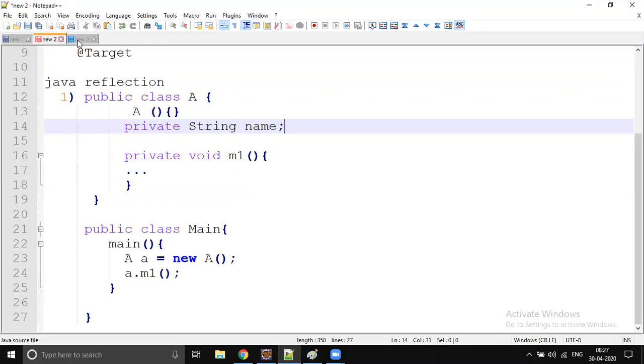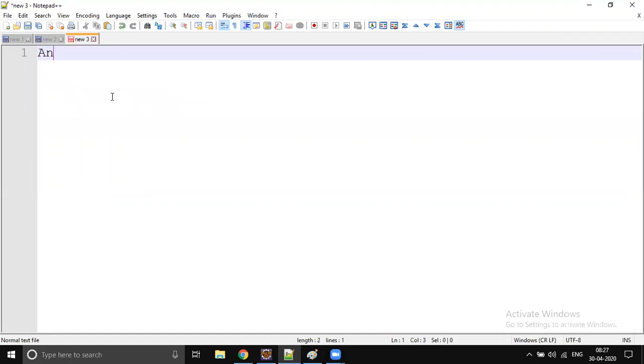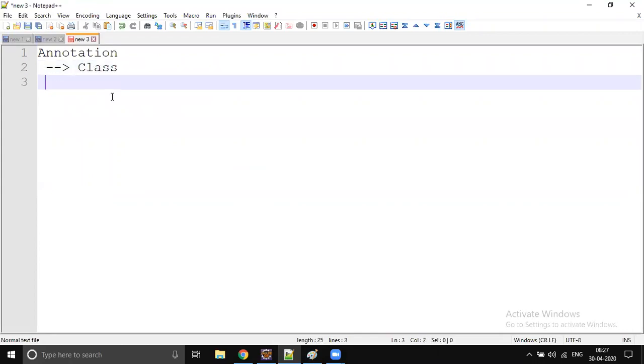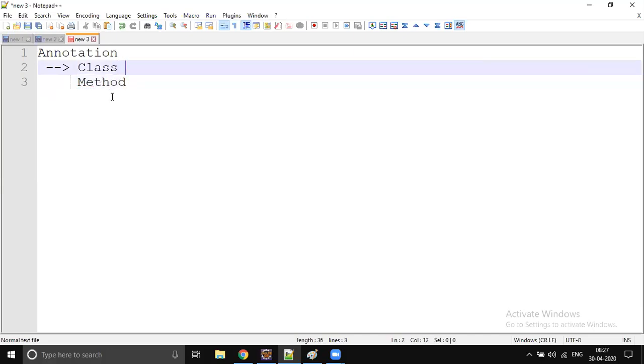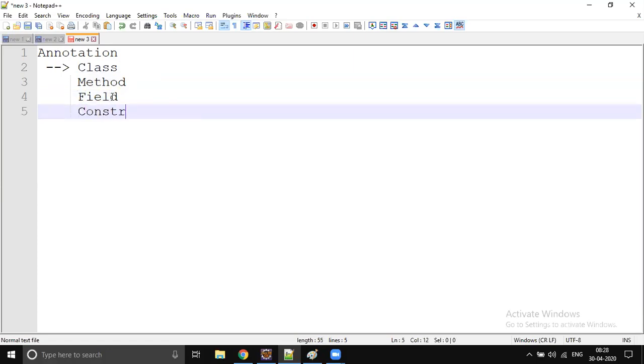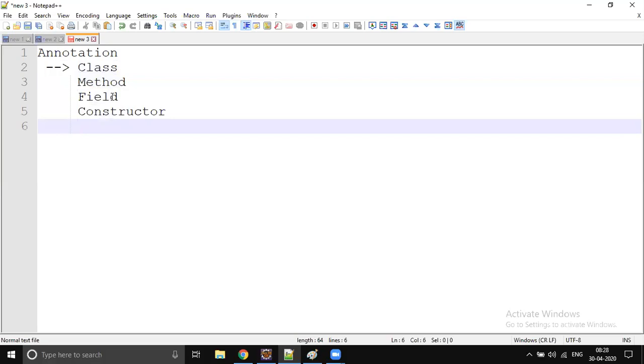In the same way, to process annotations in Java, we use the reflection API. When I say reflection API, we can say class, method, field, constructor. Actually, class is not under the reflection API, but let's consider it as such.